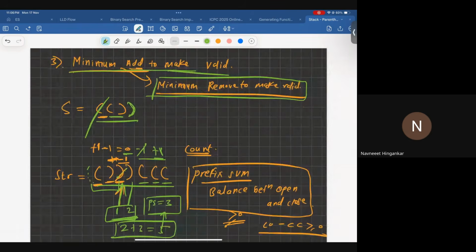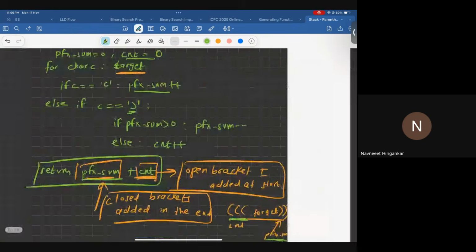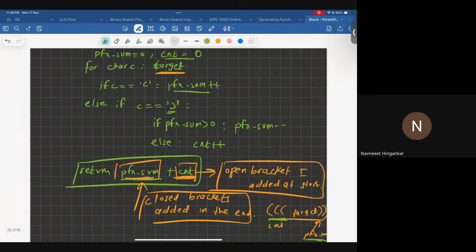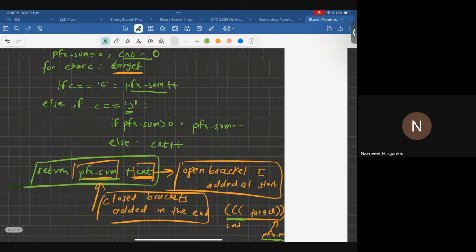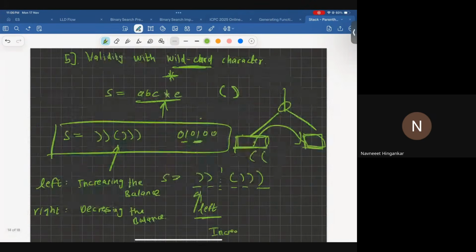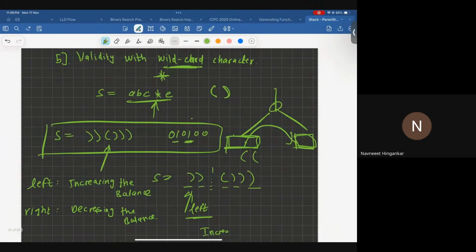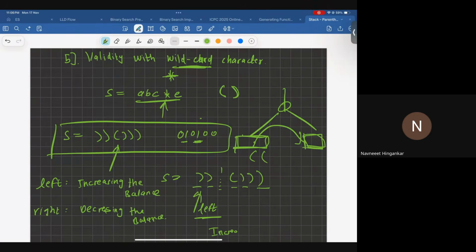Depth, minimum add to make valid, dual of minimum removal to make valid. Any queries in this, like how they are dual of each other, how we were dealing with prefix sum and count to make the answer a target string? And wild characters. I guess this is discussed in detail. So,